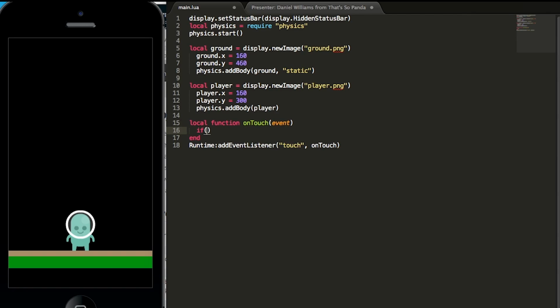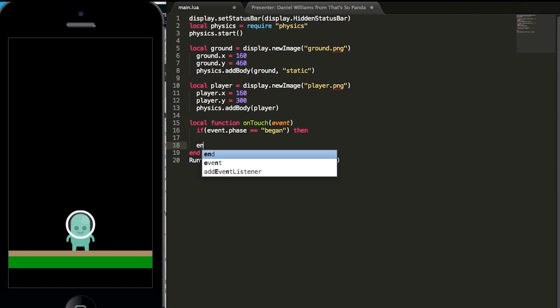We'll put if event.phase == "began" then, and close it up with an end. Inside of the if-then statement, we are telling the onTouch function to only run when the event is in the began phase, which basically means as soon as the player touches the screen. So within the if-then statement, let's put player